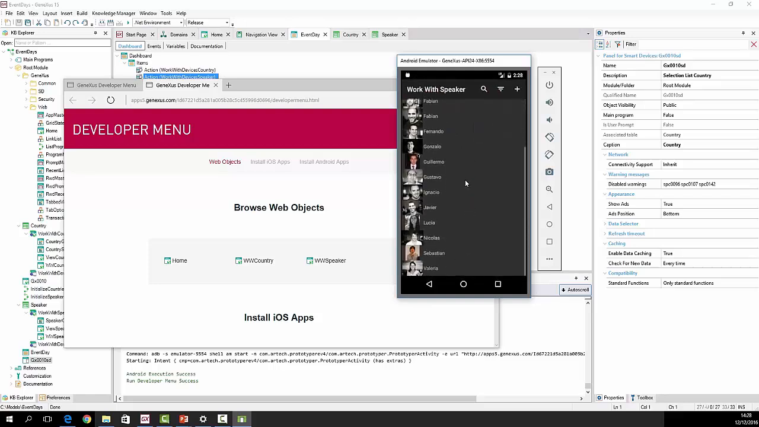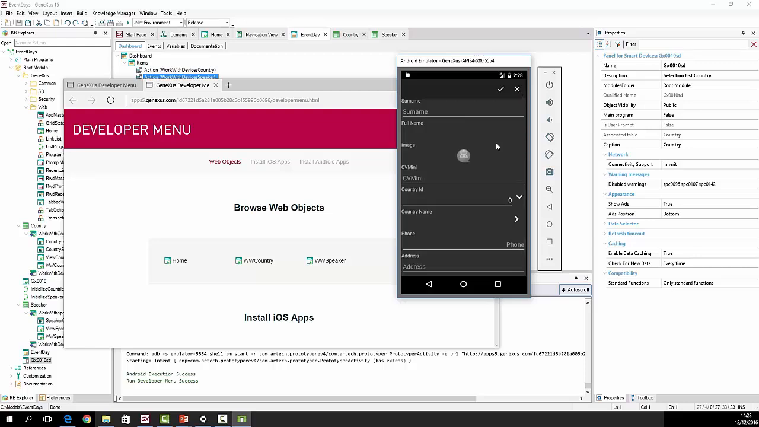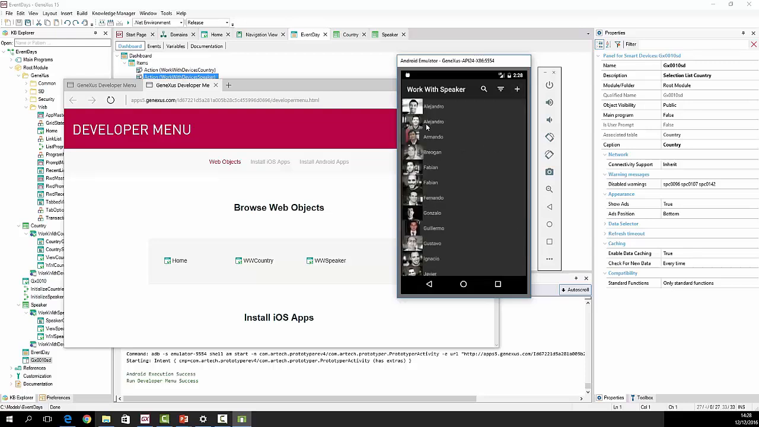If we open the speakers list here, we can see all the speakers we have. Among the actions offered in the screen, we can insert a new speaker. The insertion invokes the same screen we saw before, only now it's used to insert a new speaker. If we go back and select this speaker, for example,